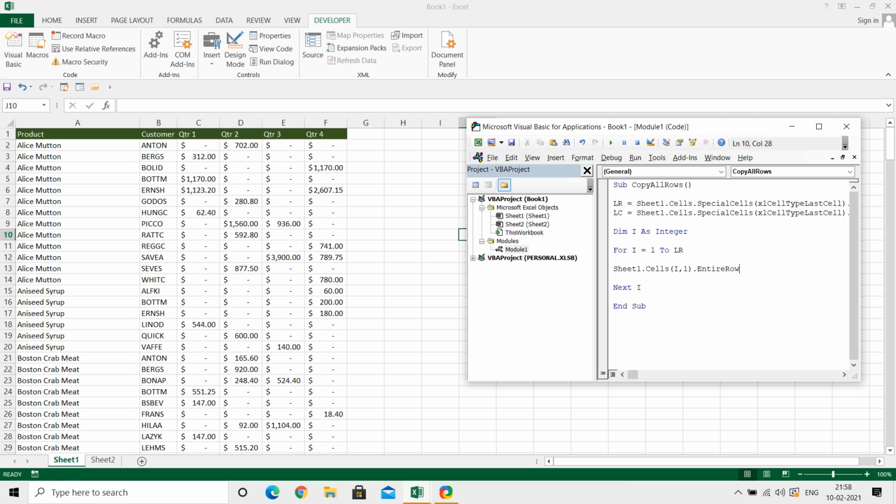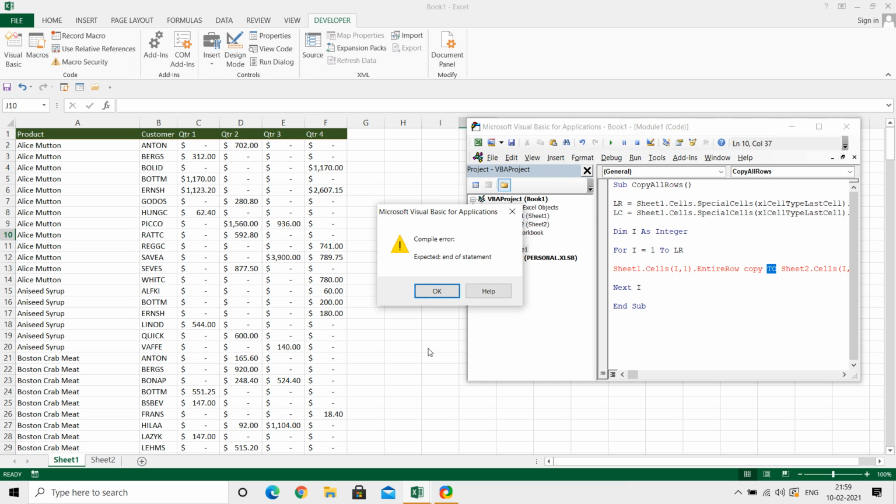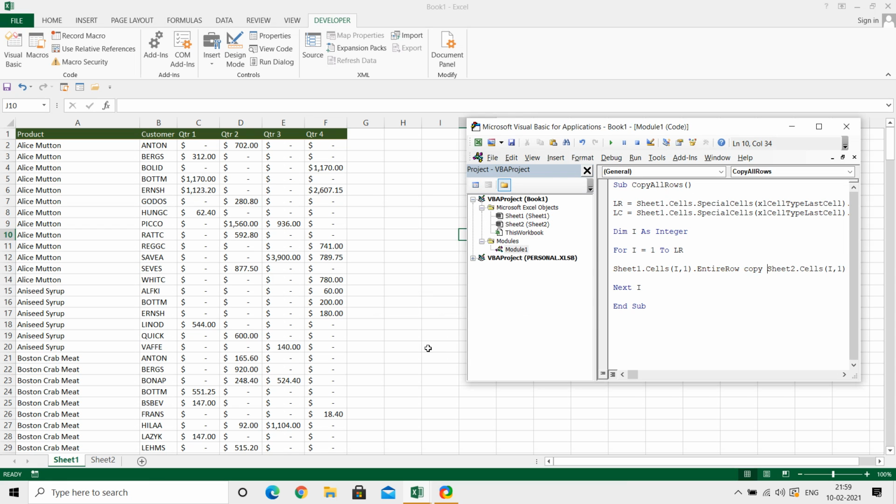Then Sheet 2 dot Cells I comma 1. So I will be going on changing.